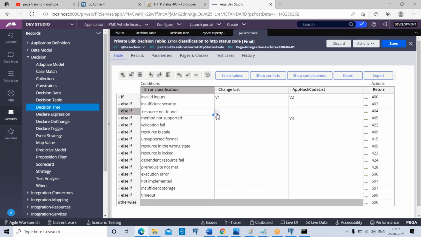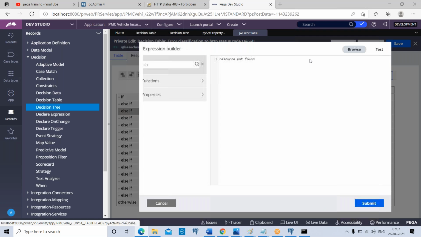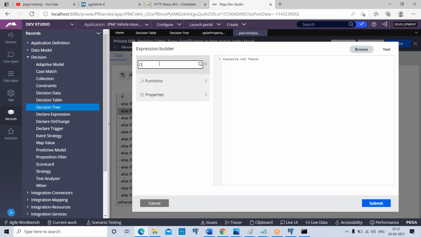And there is one more function which you will access only in the enterprise version. It is not given in the home version. There is a function called obtain value. This has been there since long back, but pxEvaluateDecisionTable and pxEvaluateDecisionTree have come from Pega 7.1.6 version onwards. Before that, these two functions were not there.